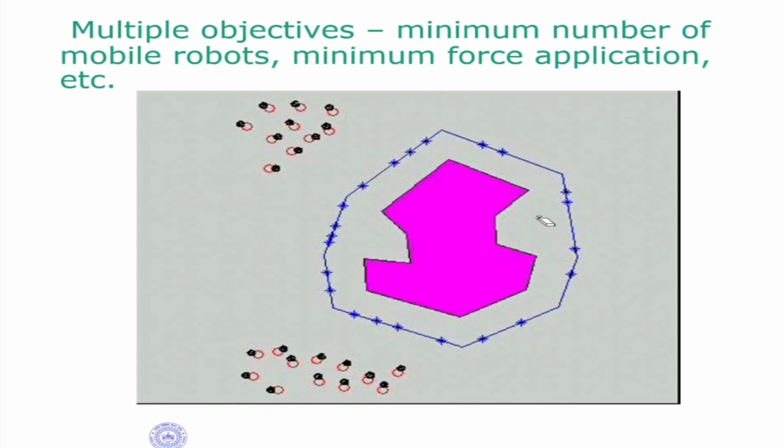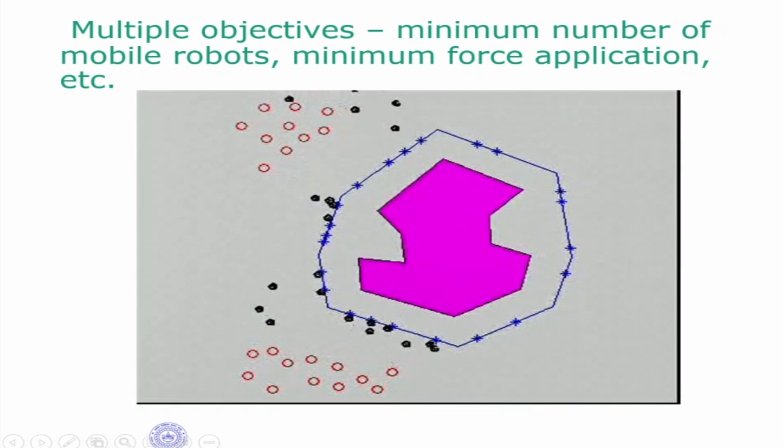So you cannot directly go and try to constrain the object. Why? Because if the object is moving and you place your mobile robot here, the object will hit it. So what is done in such cases is that we form an outer boundary of the obstacle, as shown by the blue line, and the robots first go and sit on that outer boundary. Then all of them go together and capture the object. You can see that the pink object is moving and the black mobile robots are first going and sitting on that outside boundary.